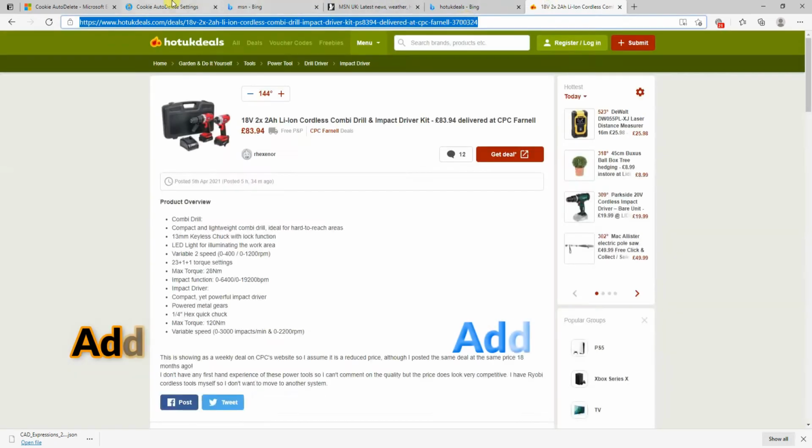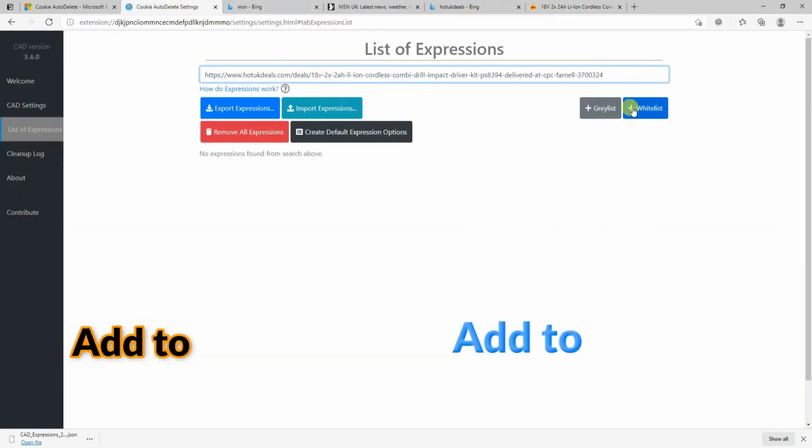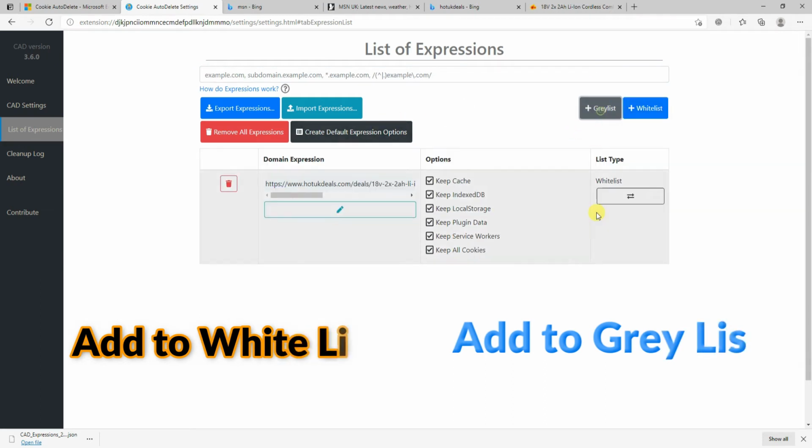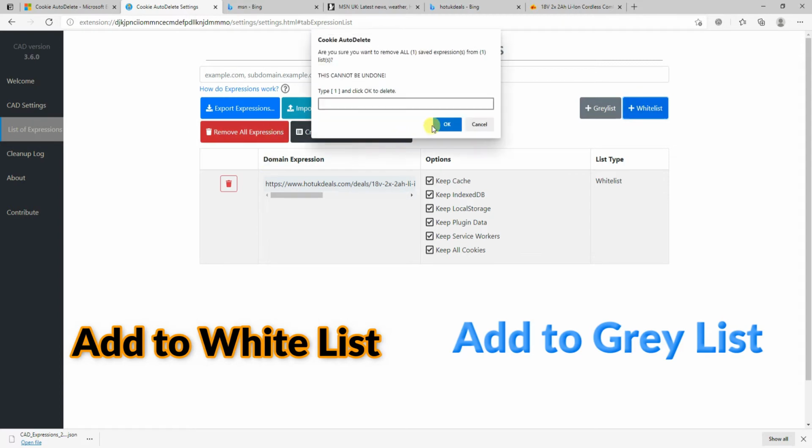For example this one, and then you can add that into whitelist and it will be added like this. If you want to add this into gray list, it will be like this, but you can always remove all